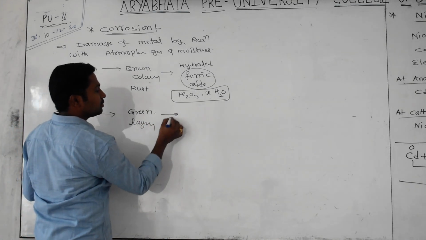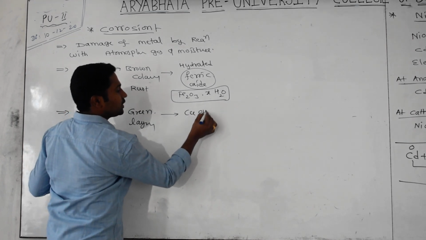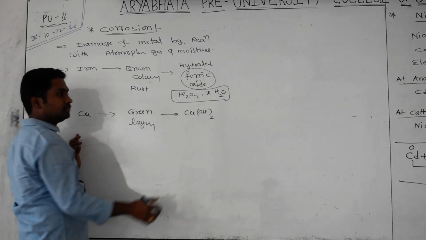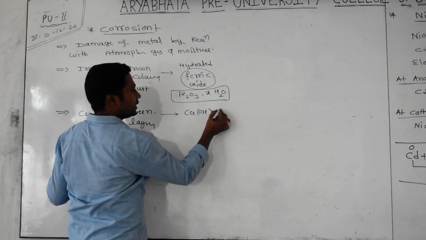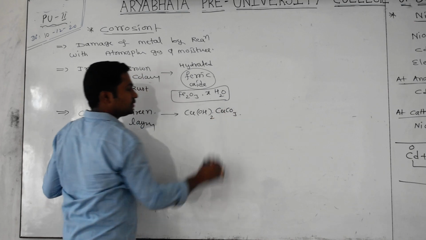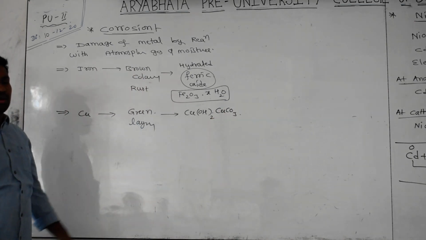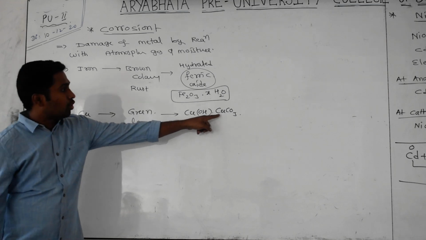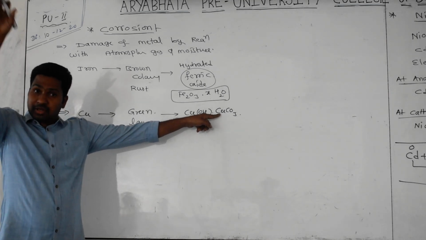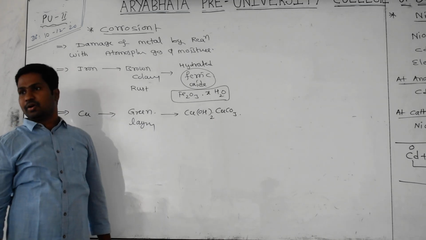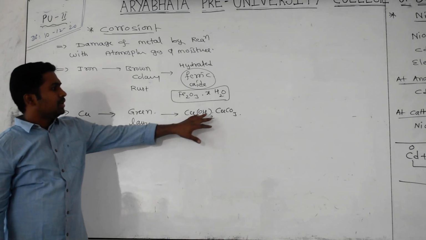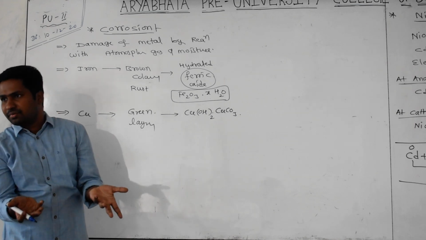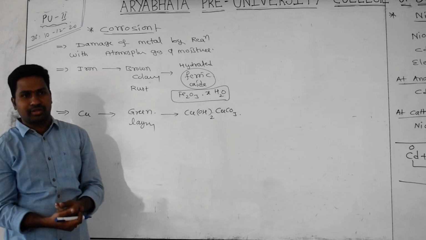What is the composition of that one? Cu(OH)2, one of the ores of copper. Copper hydroxide and copper carbonate are also not pure copper. Why? Because copper is involved in the reaction with water, forming copper hydroxide, and copper is also involved in the reaction with atmospheric carbon dioxide, forming copper carbonate. Anyway, the copper form will be changing. It's forming some new material on its surface. Definitely it will be called corrosion.